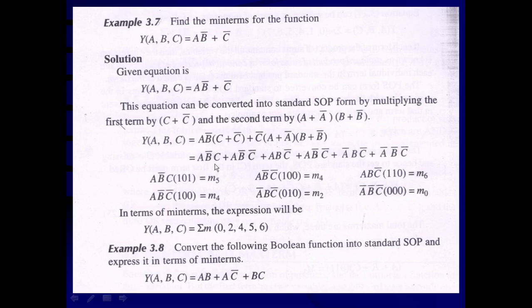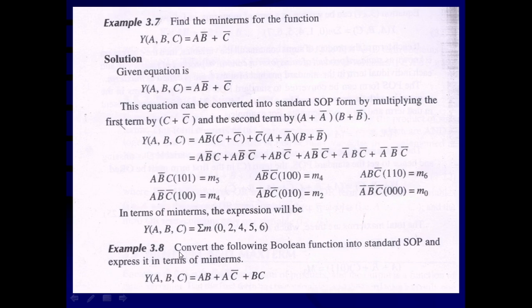Now we can represent the sum of product equation in terms of the min terms, that is output Y, which is a function of variables ABC, that is equal to sigma summation. Small m stands for the min term, starting from the lowest order 0, then 2, then 4, then 5. Whichever is repeated, ignore it and substitute only once. So 4 was repeated, we have put it here once only, 5 and 6. So this is the sum of product equation in terms of the min terms.